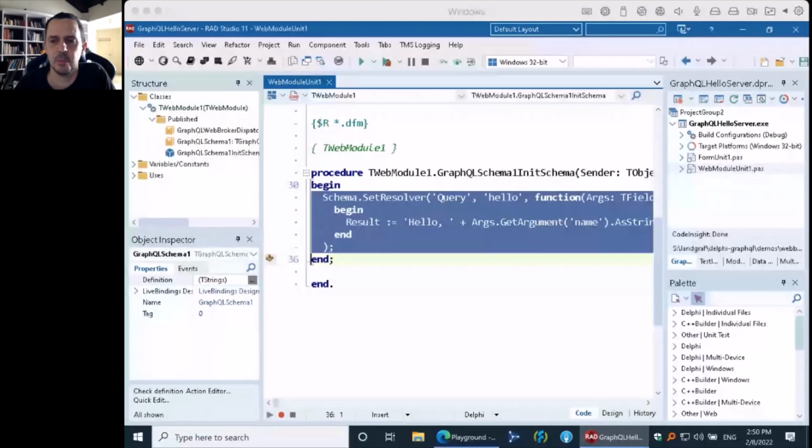Will there be a client component that can treat results like a data set? The client results are just JSON. It's JSON that you can use the regular Delphi or TMS Business features to convert it to a data set. In Delphi, there is a JSON to data set component and things like that.